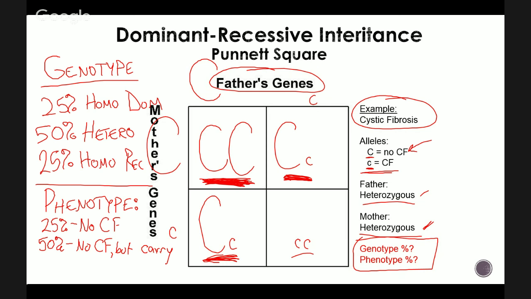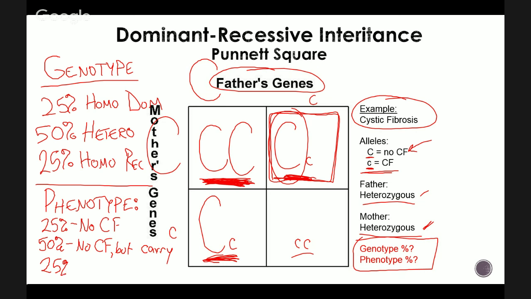Yes, in a dominant recessive inheritance pattern, whenever you see the dominant and the recessive allele together as the genotype, the phenotype is that the dominant will always suppress the recessive, always. So whenever you see the heterozygous arrangement, in this case, because the dominant is no cystic fibrosis, they will not have cystic fibrosis. But their offspring could, which is what we're going to see here with the remaining